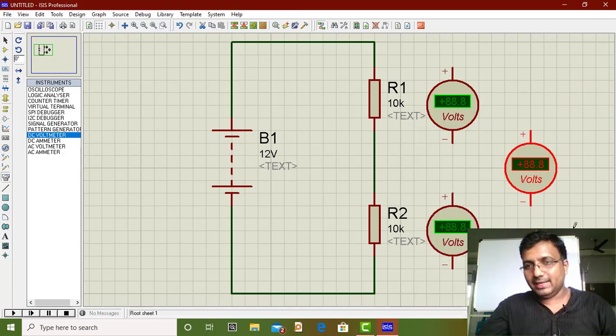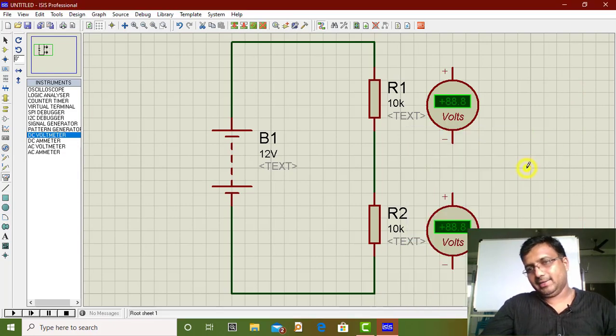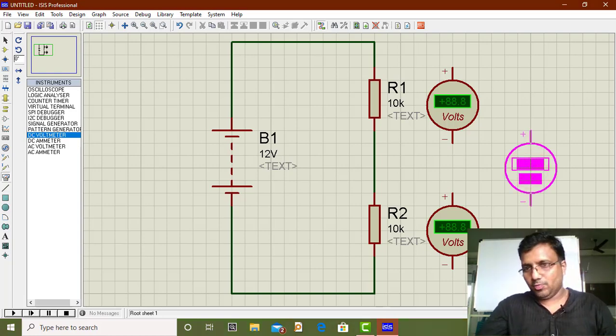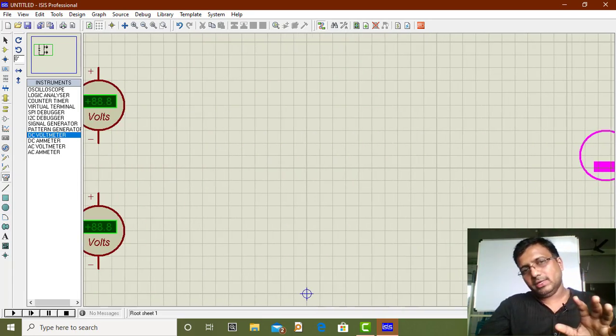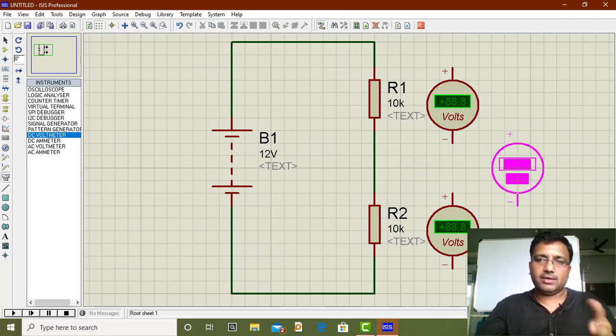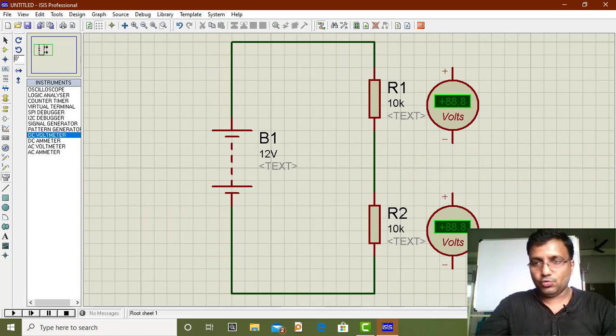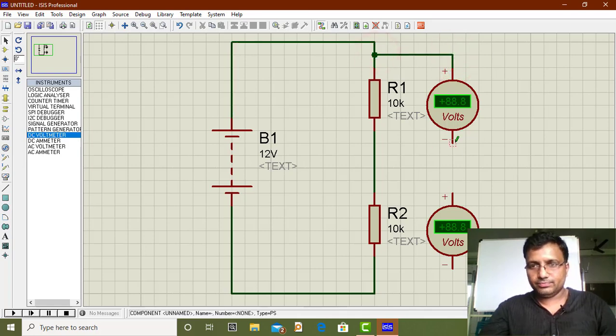If you want to delete a particular component, you can do a double right click. Double right click will delete the component, and clicking again will bring back that component. If the component is in pink color mode, it is movable. It is not a fixed one. So you can move it somewhere else and fix it at that position. You can escape to remove it. Again go to selection mode and connect the wires. As I told you how we can connect, go to selection mode, then hover the mouse over here, and then I'm going to connect like this.